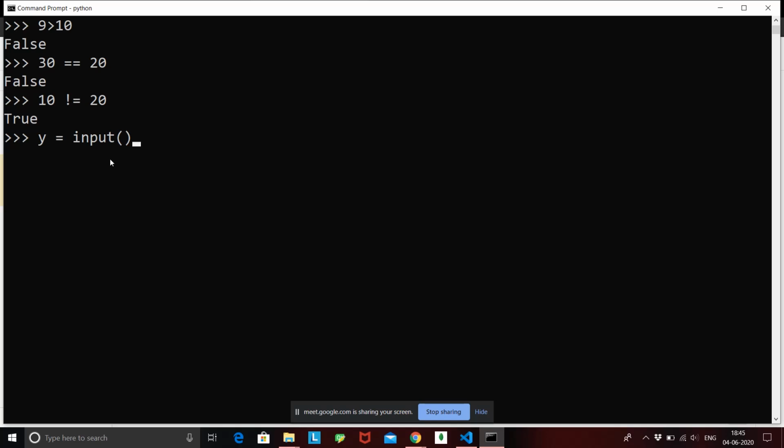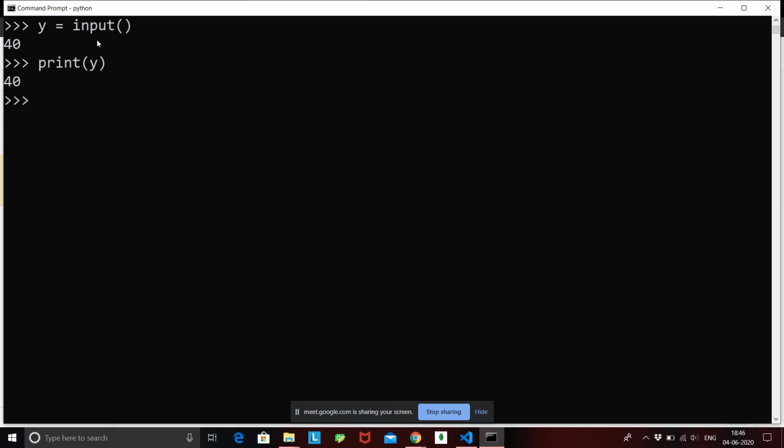So what is happening now? I am telling Python that I want the input taken from the user to be stored inside the variable called y. So now y has no value as such. When the user enters a particular value, it will be stored inside y. If I hit enter and enter a value, say 40, this 40 will be stored inside y. Now if we do print y, this is going to give me 40, because when I enter 40, it is automatically stored inside the variable called y.